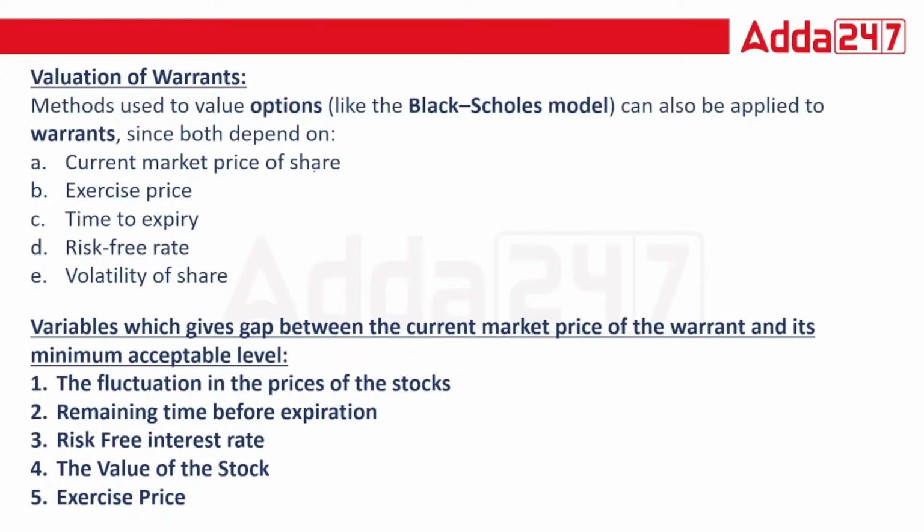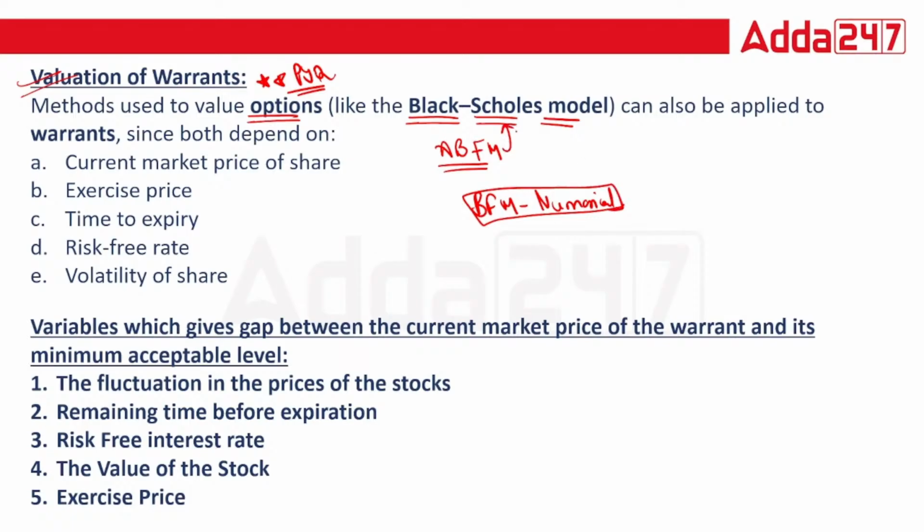Now, one very important and very repetitive question you can see from this point. This is a very important PYQ topic: how to value warrants. Remember, you can value warrants just like your options, that is, you can use the method known as the Black Scholes model. In your ABFM, you need to remember this name, but I think in your BFM, you have a numerical question based on this. Though a numerical is again given in your ABFM, majority of the times when they ask a question from this, they ask only a theory-based question, like how to value warrants and how to value warrants with the help of the Black Scholes model.